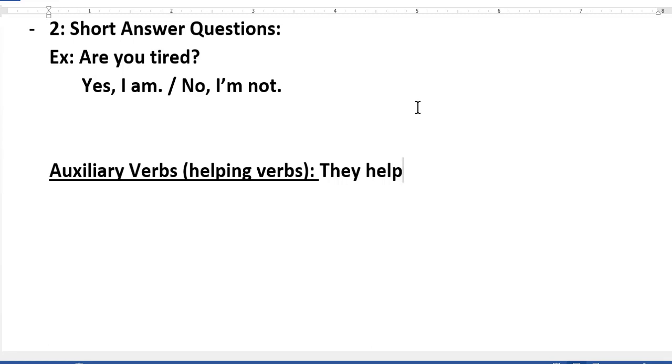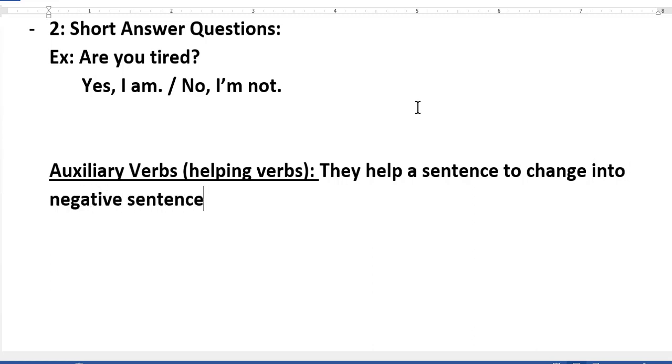They help a sentence to change into negative sentences and questions. They help to change a sentence into negative sentences and questions. For example, for auxiliary verbs, for example, I say